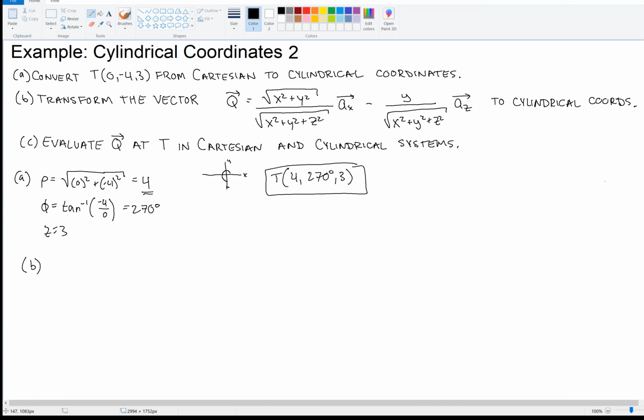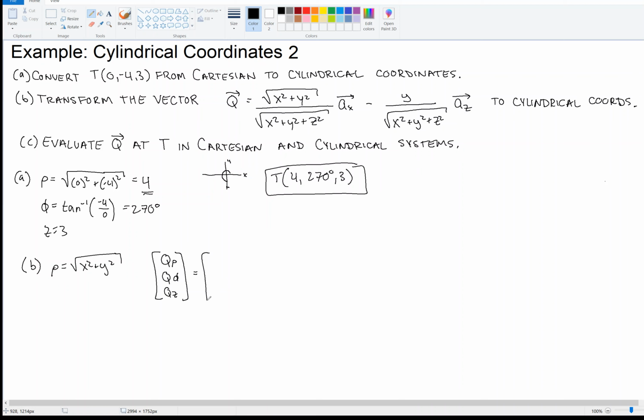Okay, B. So we're going to transform that vector into cylindrical coordinates. Now first, remember again that rho is the square root of x squared plus y squared. So I bring that up. Why? Well, we look at our vector field and we see lots of square roots of x squared plus y squared. Okay, so we're going to want to recall that. Now also what we need to recall, or memorize, or check our notes or our textbook, is the vector transformation matrix. So the rho component, the phi component, the z component